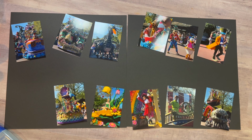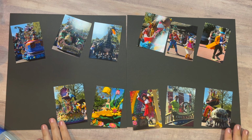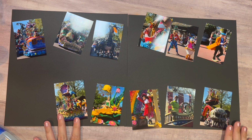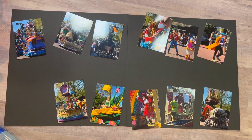So I am using a sketch from Christy's Beautiful Life and her 30 Days of Sketches. And this sketch is from Shannon Blinn, and I will have her information linked below. It is a pretty simple sketch in that it shows you picture placement. It's got 2 strips down the middle, and it's got those stars, which I'm going to use all this Disney